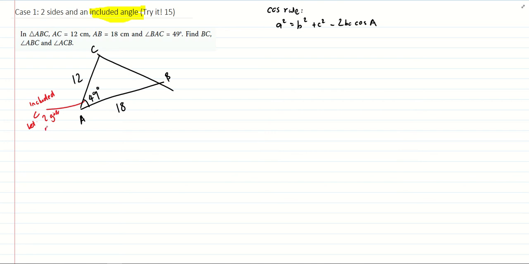So immediately you realize that I can use my cosine rule to solve for this. You realize that the included angle actually plays a very important role in trigonometry itself. So immediately we know, by the cosine rule,